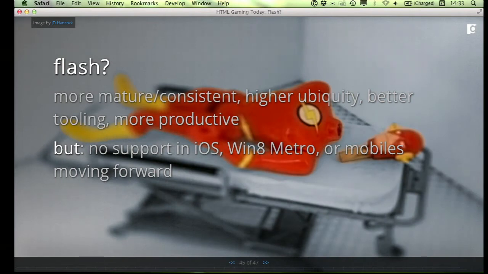But obviously, it's not going to run in iOS. With the announcements from Adobe last week, it's not going to run on mobile, at least in the foreseeable future, right? They've stopped production of the mobile player. I can export it for AIR, but it's not going to run in the browser. And Windows 8 Metro isn't going to have any plugins, so it's not going to be able to run this content either. Moving forwards, if I want my content to run everywhere, I think HTML5 is going to be the choice. I think today, you still need to evaluate what your goals are.